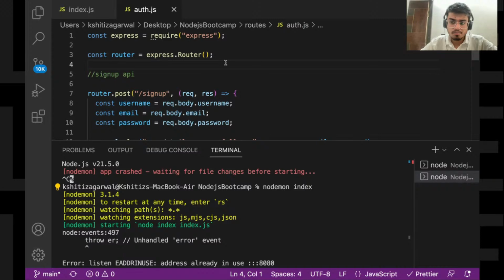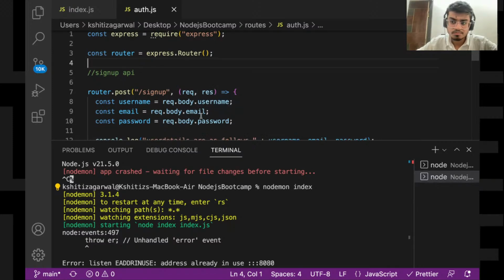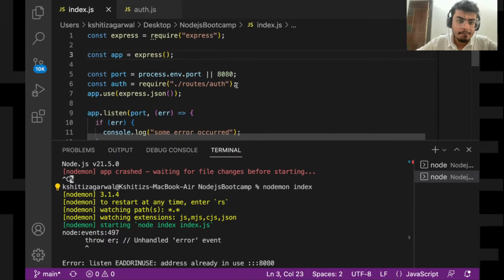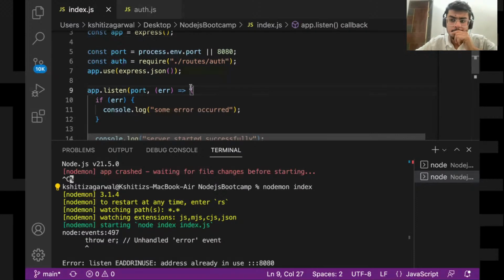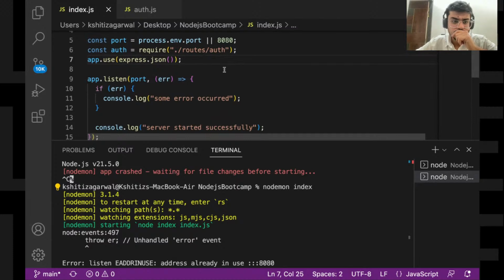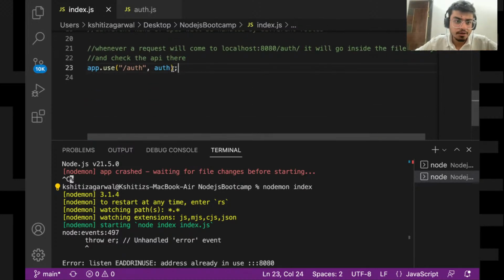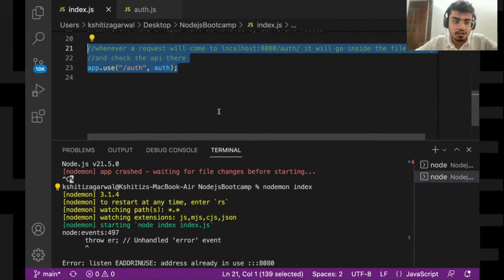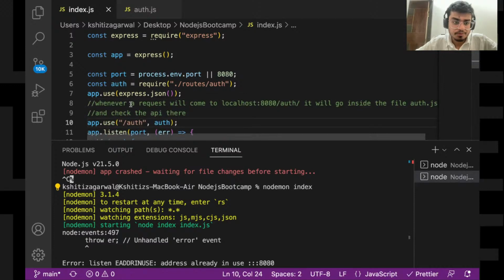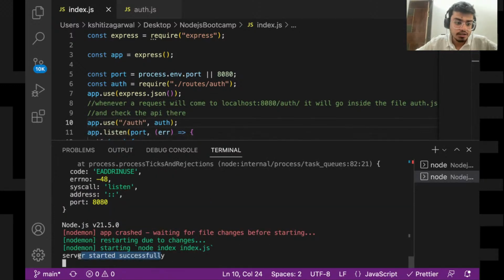This is correct. Okay, let me place this above actually. This should be present at the top itself and not over here. Okay, now yeah, it has started successfully.